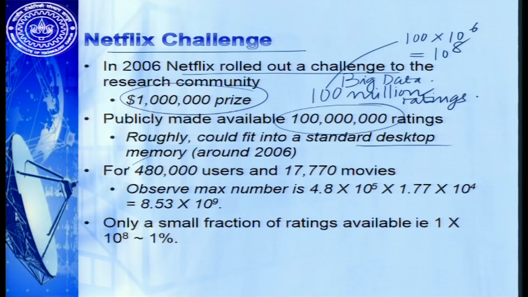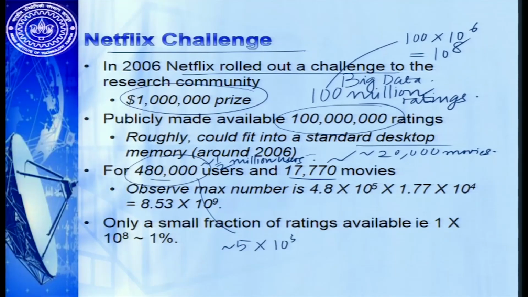Now of course at that point it had about 480,000 users, and these ratings were for 480,000, that is roughly half a million users, for 17,770, that is approximately 20,000 movies. If you look at this, this is approximately 5 into 10 to the power of 5, that is half a million users, and this is 2 into 10 to the power of 4 movies,